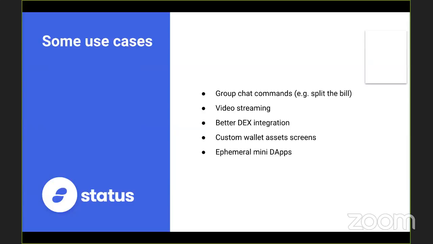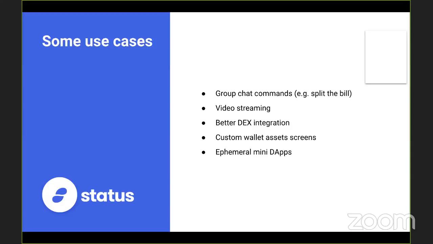So then what can you do with extensions? How is it useful? And how can it help make Status the best way to browse Ethereum? Just a couple of examples of the kind of things you would expect, but it's really just some ideas. But there is no limit really.